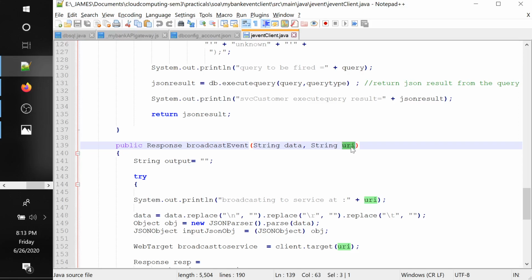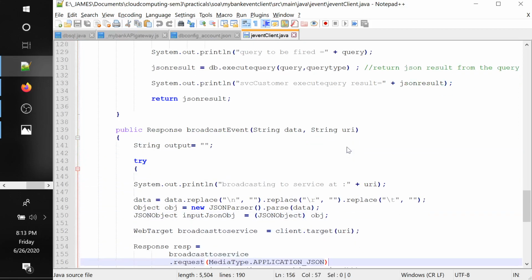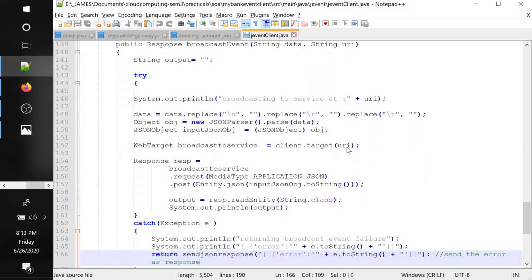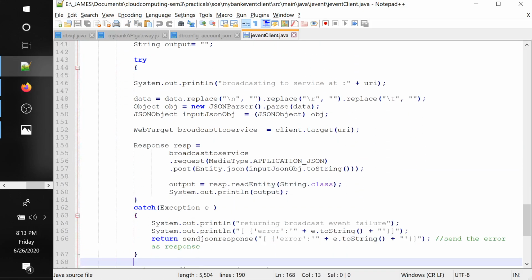First time I call this function using port number 8081, second time using port number 8082, and third time using port number 8083. Each time I pass a URI, this information gets passed to that particular microservice.